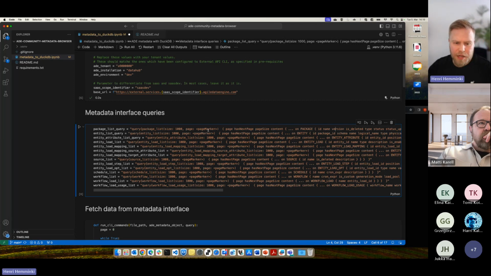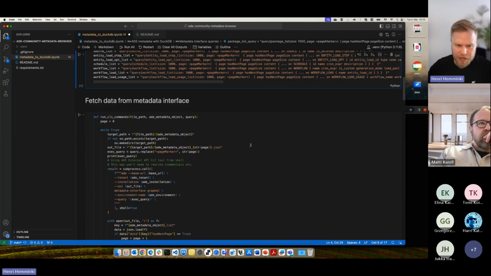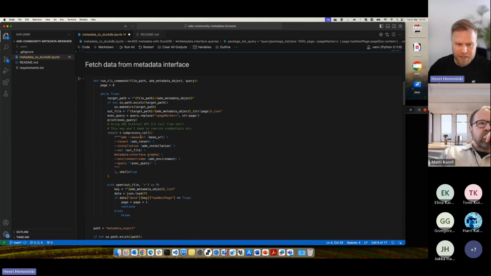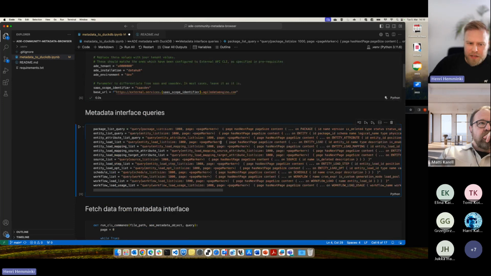How this demo works is that it lists the queries and then sends those to the CLI. The idea is that I'm fetching all the data from the metadata interface so that I can locally query it with SQL.